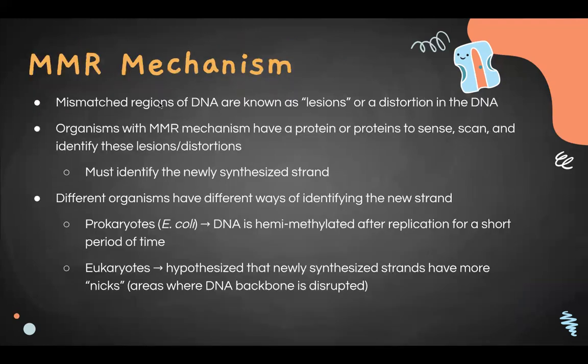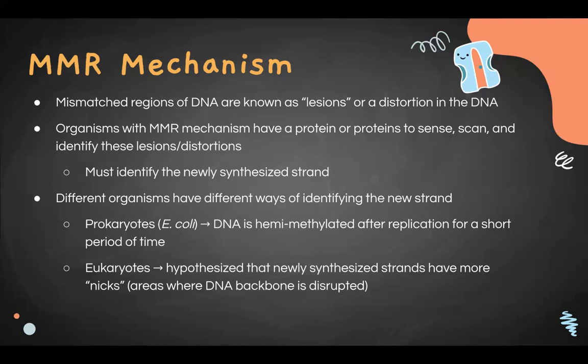So the mechanism of how this works is that mismatched regions of DNA, known as lesions or distortions in the DNA, occur because of the mismatch in the bases, and the bases have different sizes. If they have the wrong size, there'll be a physical distortion in the DNA backbone. And so the organisms with this mechanism have to have some sort of a protein to sense or identify these